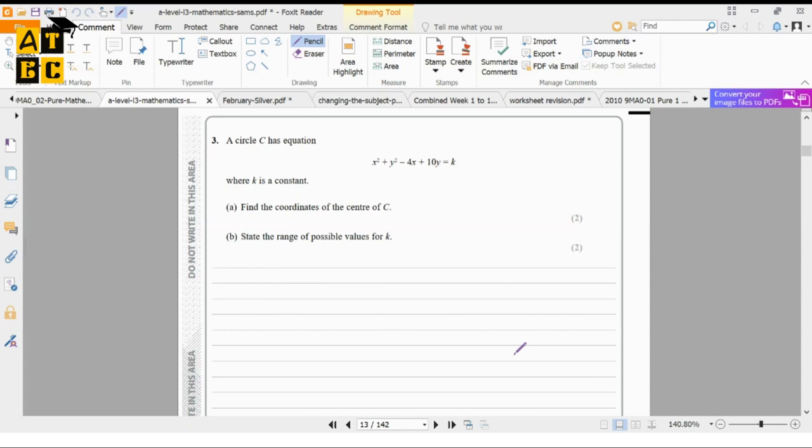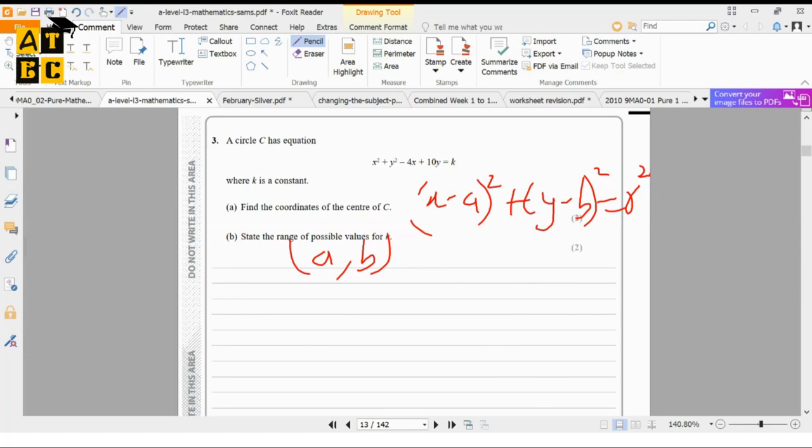In our previous sessions, if you recall, I did talk about the equations of a circle, and I said that the general equation of a circle can be written as x minus a all squared plus y minus b all squared equals r squared, where a comma b is the center of the circle and r is the radius